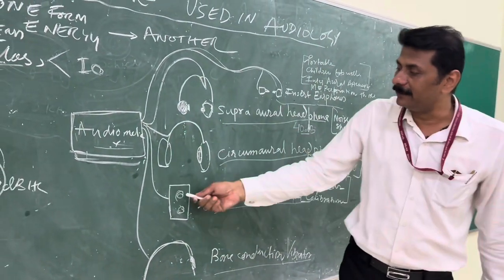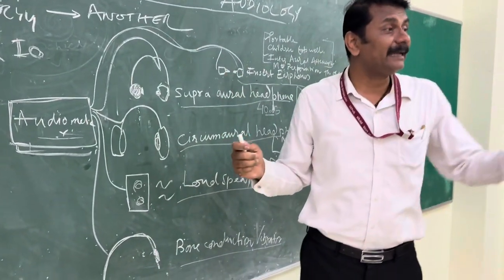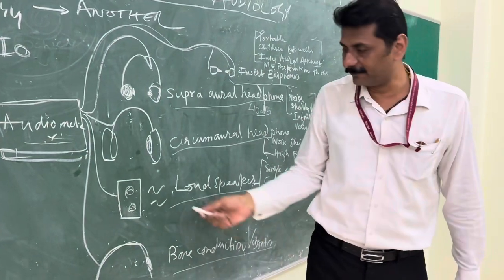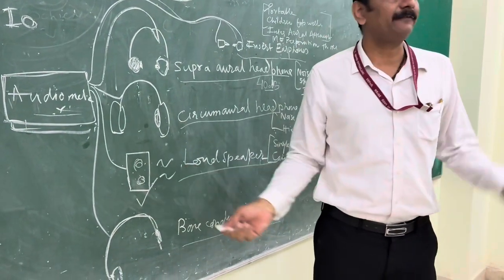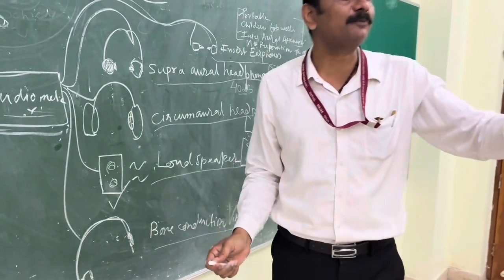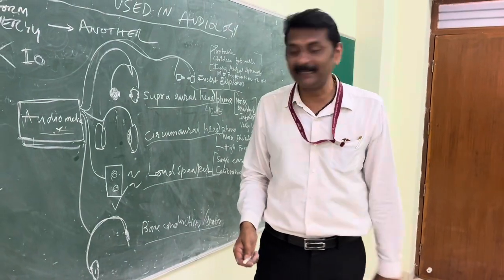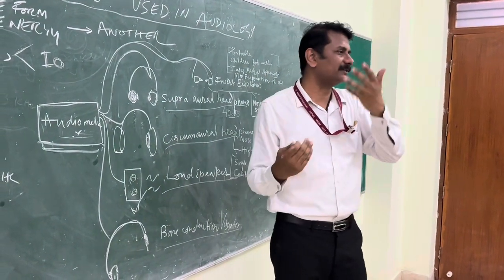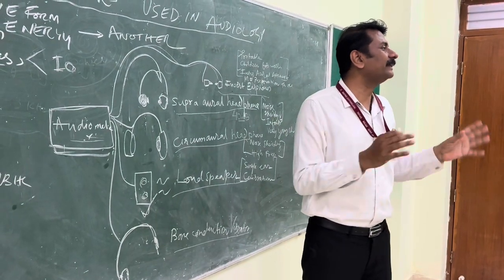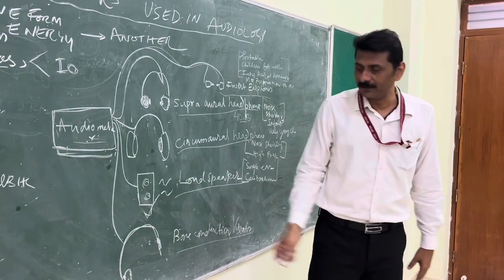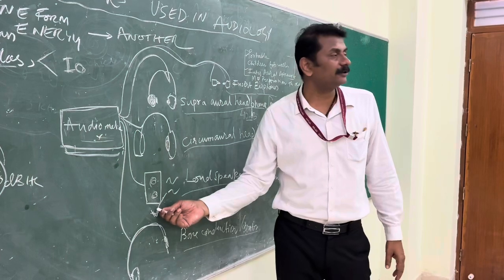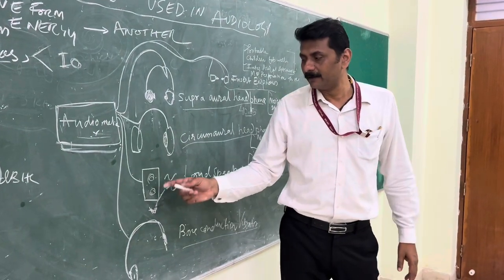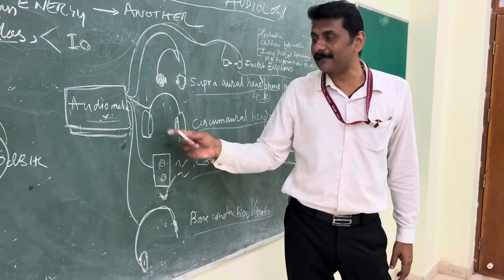What is the difference between these 4 types of air conduction transducers? The first is that we have to find the type and degree of hearing loss for both the ears separately. So the loudspeaker, what happens? Automatically it crosses, we cannot find both the ears separately. Correct? So it is only used for conditioning audiometry or play audiometry type of thing. Both the ears cannot be done. So we go to the next one.